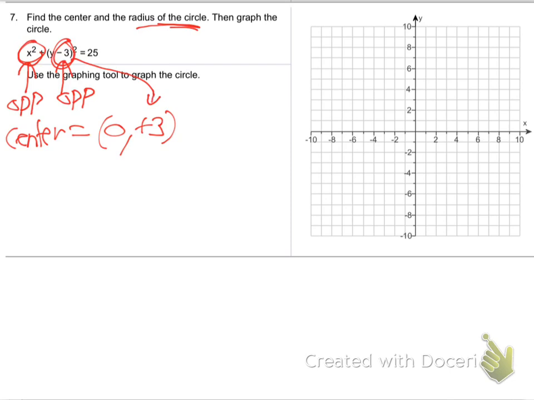So that's the center. Let's find that. Over 0, up 3, right there. There's the center of our circle. Over 0, up 3. And now, the right side,